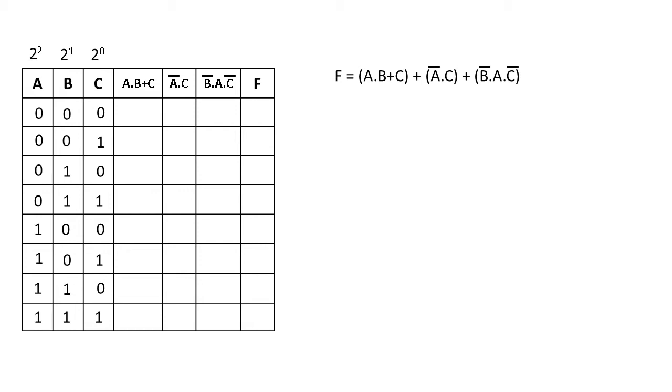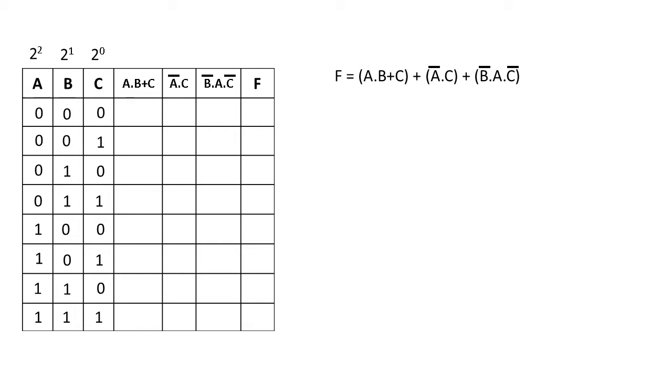So this is how we have prepared this truth table, and we can watch the combinations. See, this is the combination: 0 0 0, 0 0 1, 0 1 0, 0 1 1, 1 0 0, 1 0 1, 1 1 0, and finally 1 1 1. So now let us create the function parameter column, a dot b plus c.